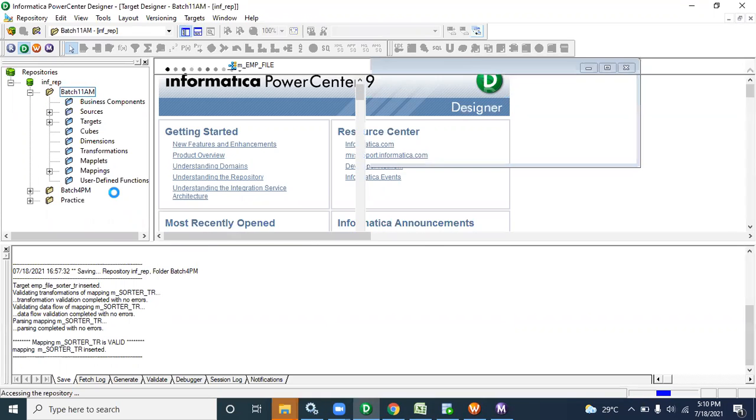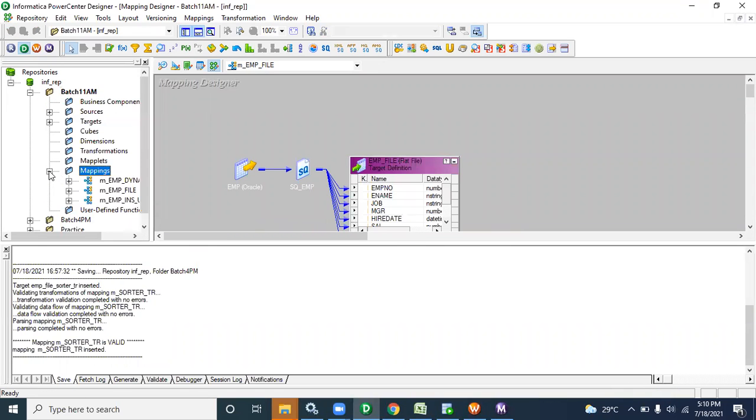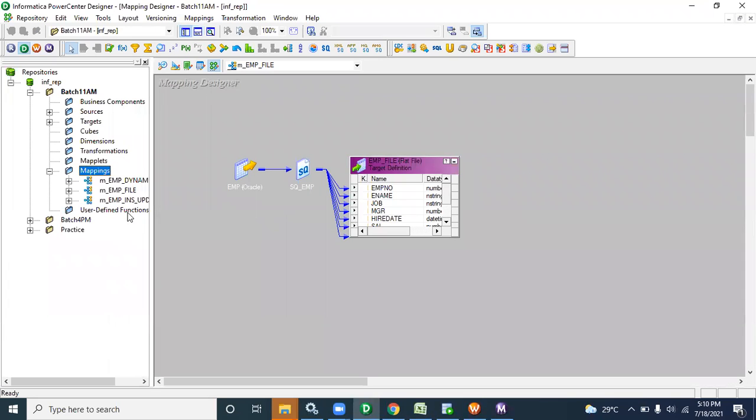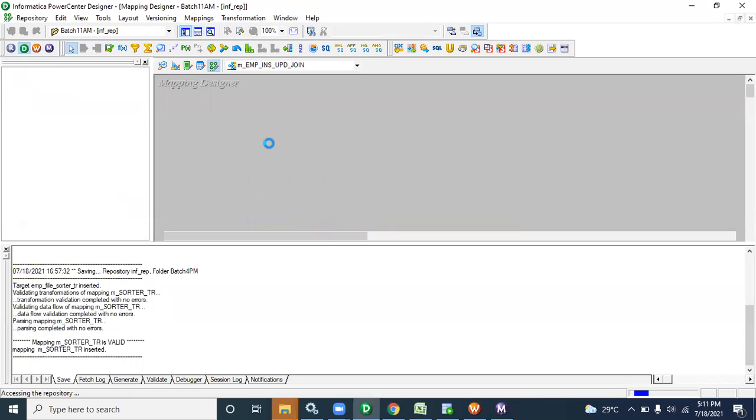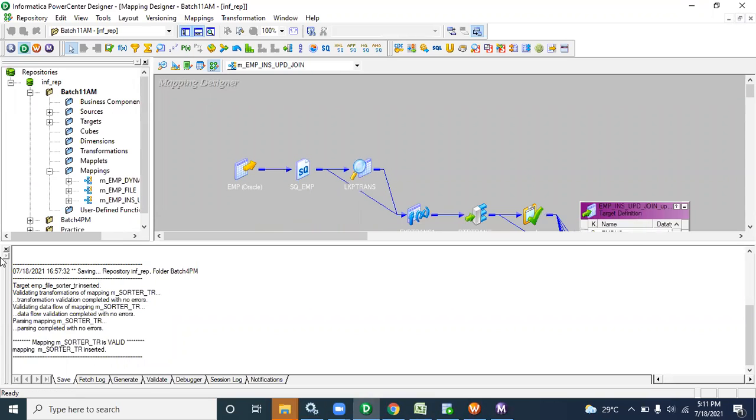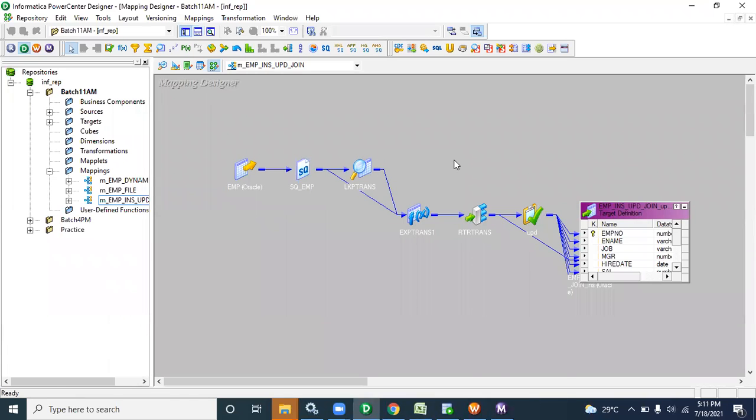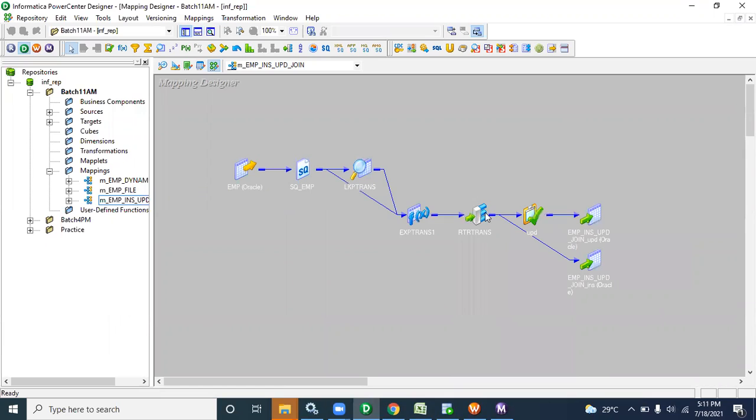I think after 2-3 classes, we will discuss those types of programs. 4, 5 or 6 objects you can use in one program. You can use lookup, source qualifier, expression, router, update strategy, a lot of things.